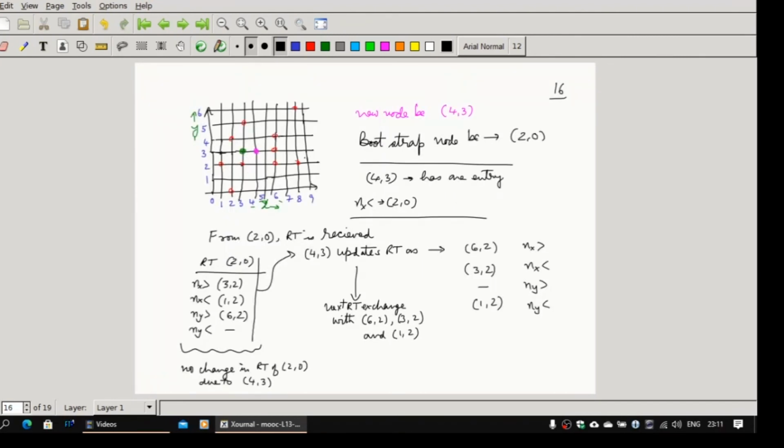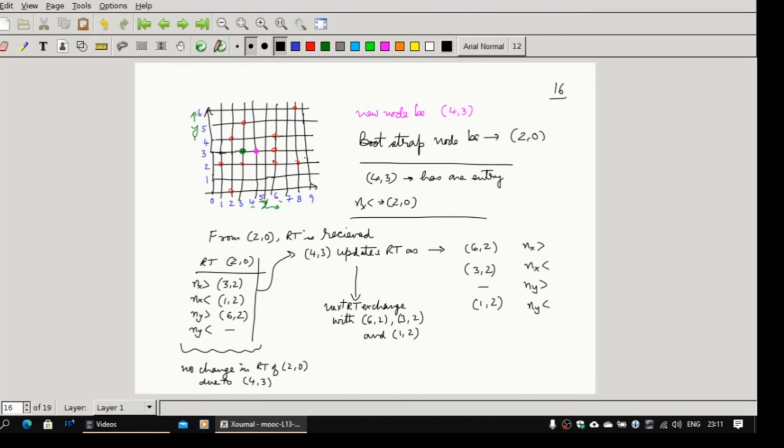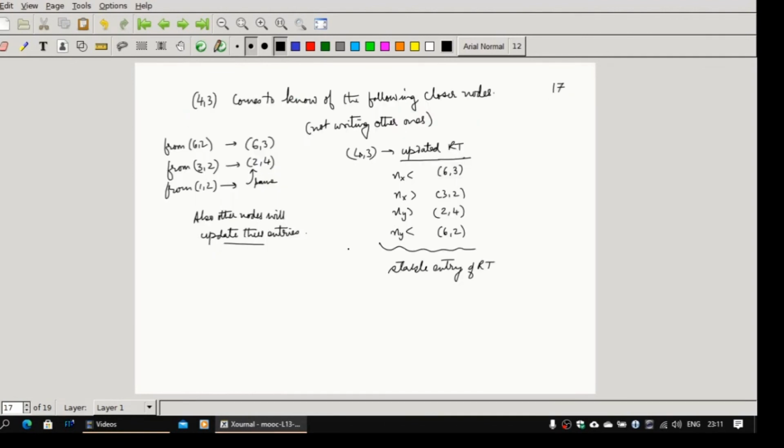So this guy will tell about this person and this person, but the new entry which is known is actually this guy. Okay, so 2.4 is what I have written. 2.4 will be learned from this. Similarly 6.2 is going to tell about this person, this and this. So it will learn about this new guy which can be its own possible replacement entry. This guy cannot be a replacement entry, since this node he is already aware of. So based on this, you will now replace these entries, and after this it will remain stable.